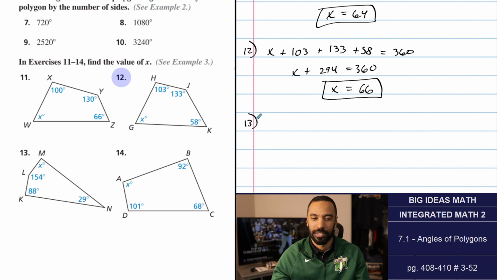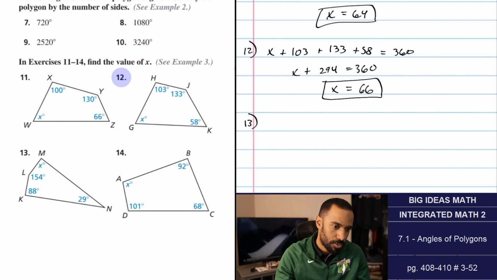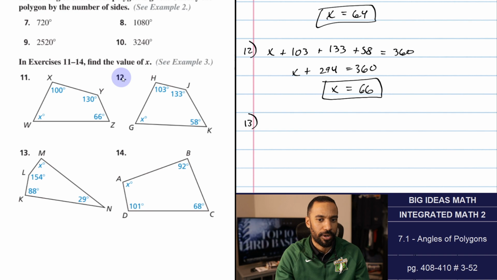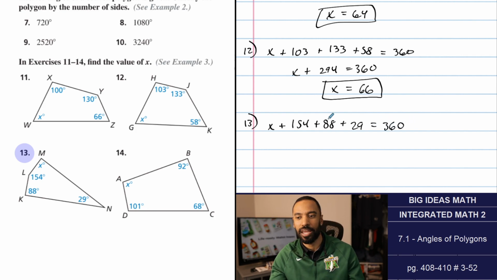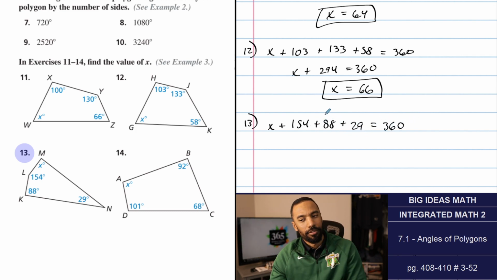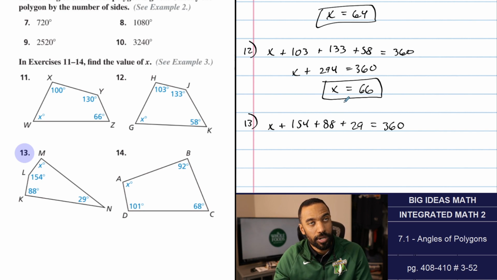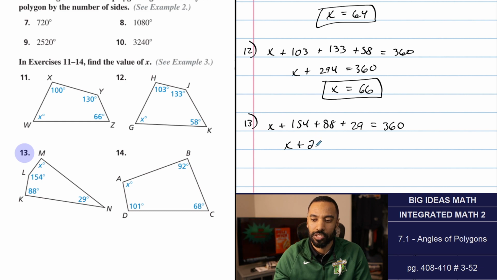Number 13. That's 1, 2, 3, 4. Still a 4. So I think these are all quadrilaterals, at least to begin with. Number 13. X plus 154 plus 88 plus 29 equals 360. 154 plus 88 is 242, plus 29 is 271. X plus 271. Subtract 271 from both sides. X equals